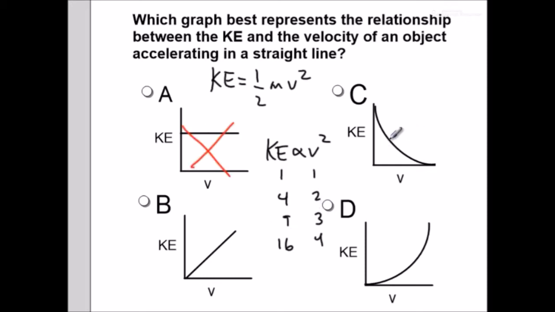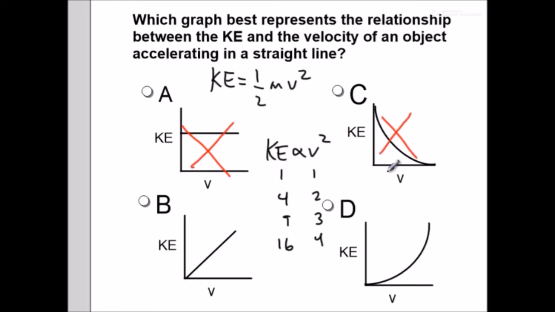Now, what about option C? Here we can see that as the velocity is increasing, as we are going towards the right, the kinetic energy is becoming what? It is decreasing radically. So it cannot be the possible option. Why? Because there should be a positive change in the kinetic energy. It should increase as the velocity increases. So this also cannot be our option.